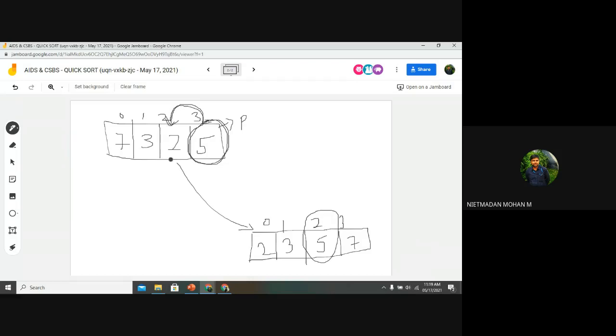And after that, the second condition will be the left hand side. I want to arrange those numbers in ascending order. That means the lowest value will be on the left hand side and the highest value on the right hand side. So the highest value will be 7 and the lowest value may be 2, 3 or 3, 2, whatever it may be, that I want to arrange first. That is the first thing.